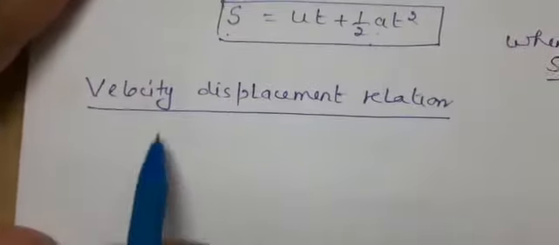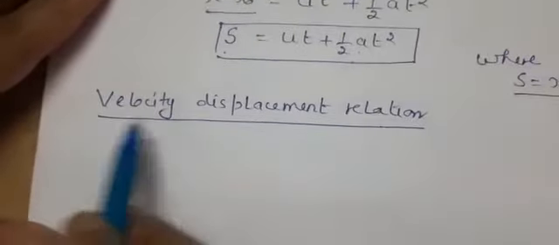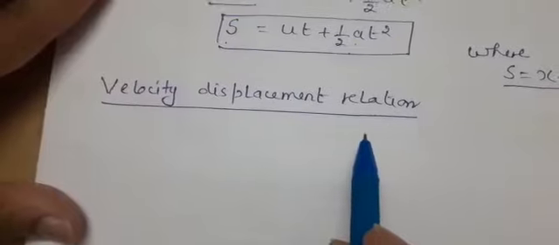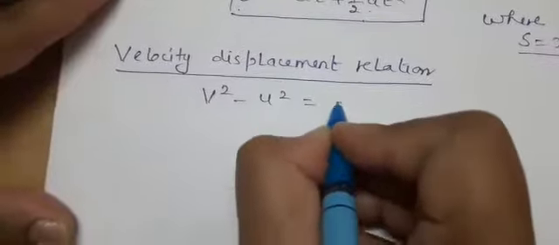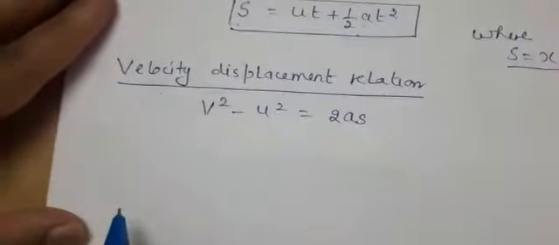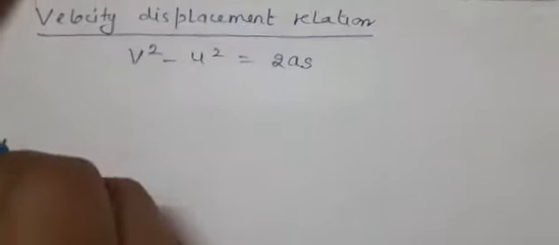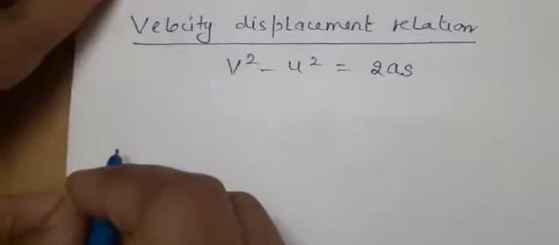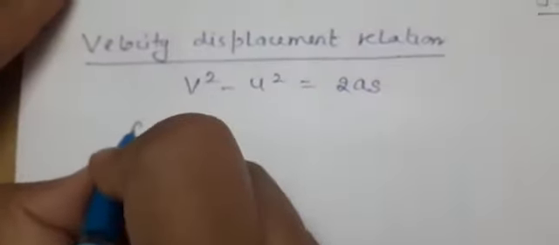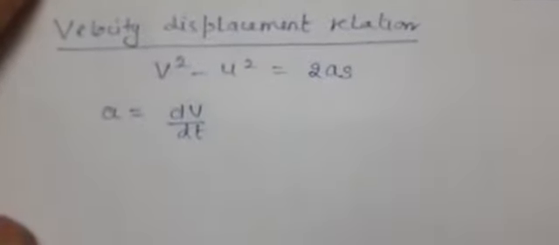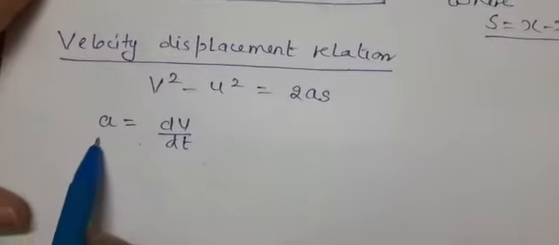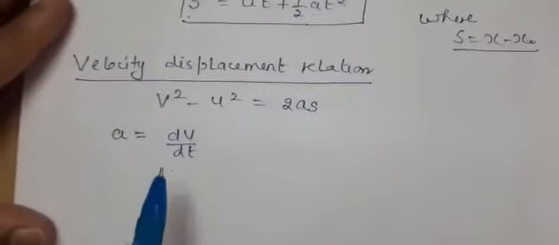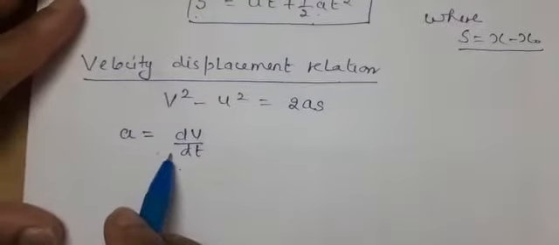Now next is the velocity-displacement relation, velocity-position relation, velocity-distance relation, anything can be asked. What is the basic relation? What is the mathematical form? v square minus u square equal to 2as. Now, what is the key point for getting the result by the calculus method? Here we have to use a is equal to dv by dt. So in these 3 derivations, in the first and this third derivation, we have directly started from acceleration. In the second derivation, we started from velocity is equal to dx upon dt.